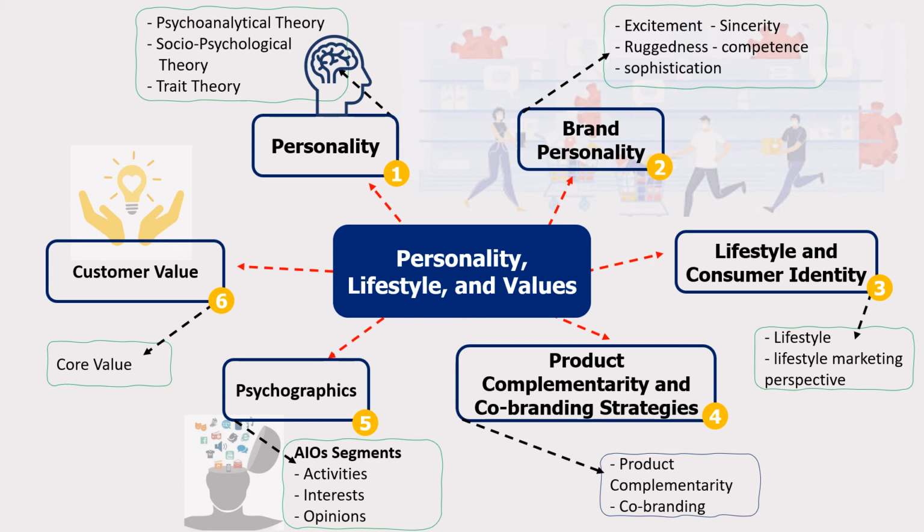Now we will move to the last and final objective of chapter 7, which is customer value. A value is a belief that some condition is preferable to its opposite. For example, it is safe to assume that most people prefer freedom to slavery. Others avidly pursue products and services that will make them look younger rather than older.